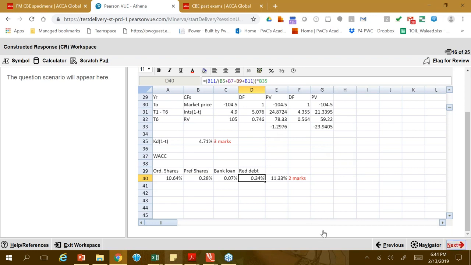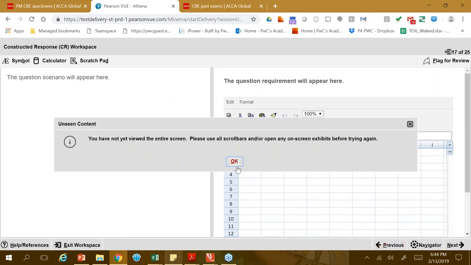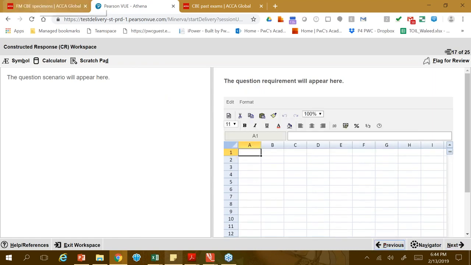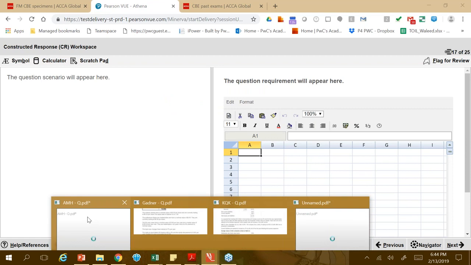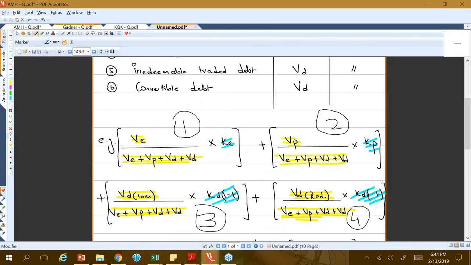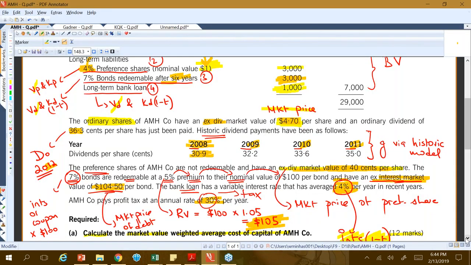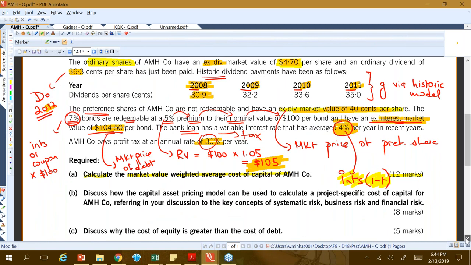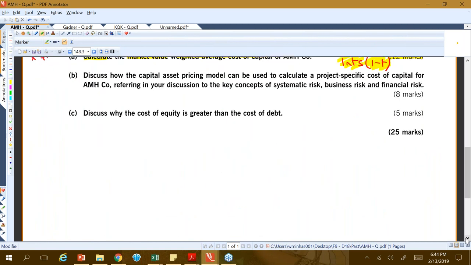Let's look at the other bits here on this question. There is a bit of discussion required here on this question. Let's read that. Part B says, discuss how the capital asset pricing model can be used to calculate a project-specific cost of capital for AMH, referring in your discussion to the key concept of systematic risk, business risk, and financial